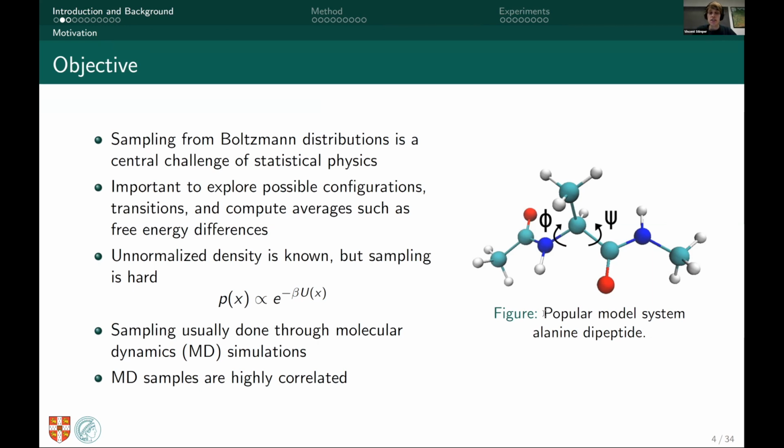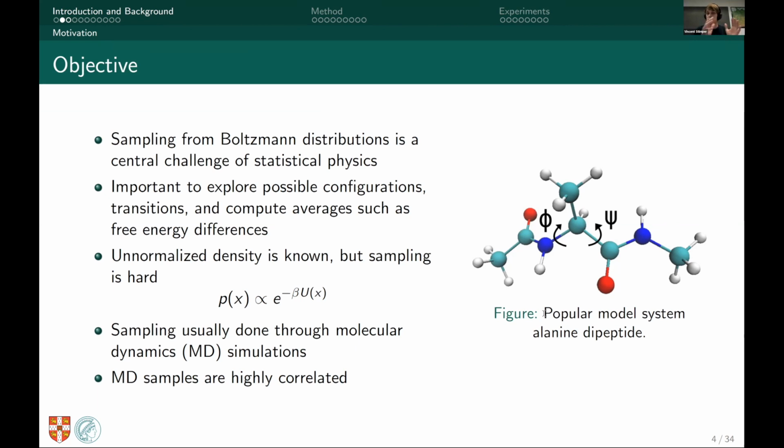The challenging thing with Boltzmann distributions is that the unnormalized density is usually known. I mean, it can be obtained via physical modeling. It's not trivial, of course, to do this. However, in our setting, we assume the density is known, but sampling from this density is very hard. Usually, sampling is done through so-called molecular dynamics simulations,